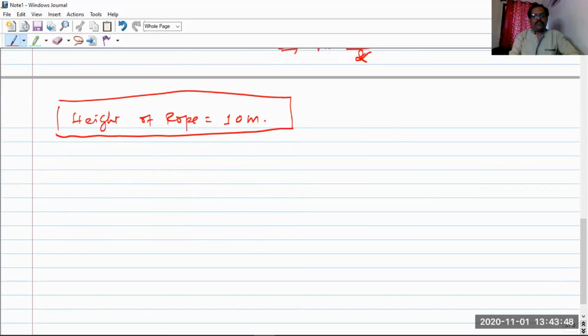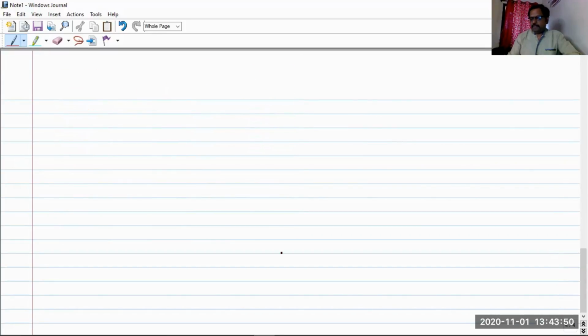The next example we will try is this one. Let us note this as sum number 2. The second example on this is a very popular example that is regularly asked in the exam. It is like this. I will just read the sum.